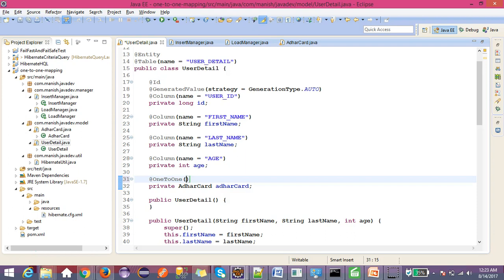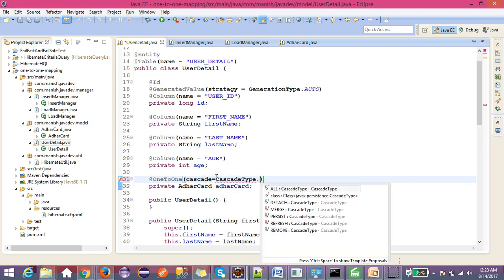I did that, and then cascade. I'm going to apply cascade because if I save the user detail entity, it indirectly saves the Aadhaar entity also. That's why I'm putting this